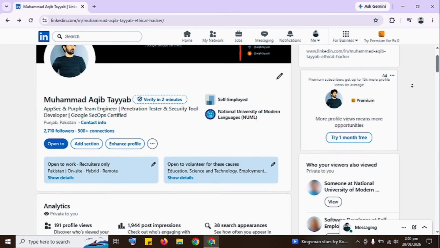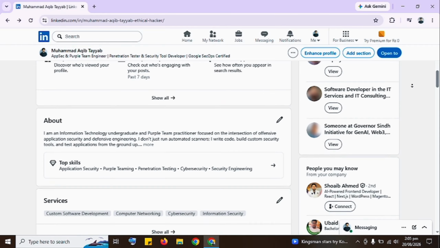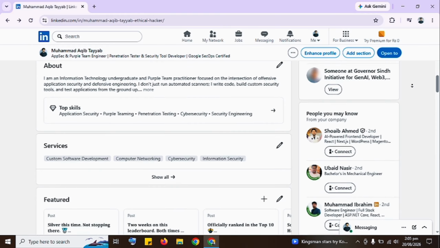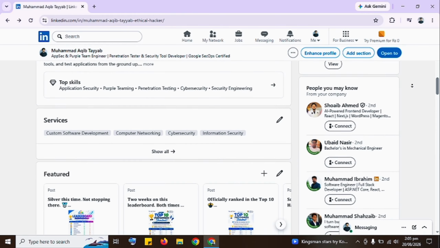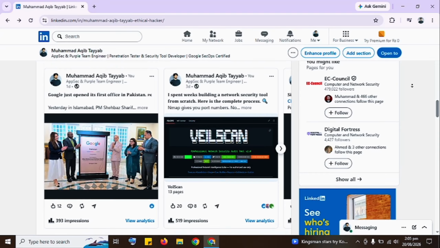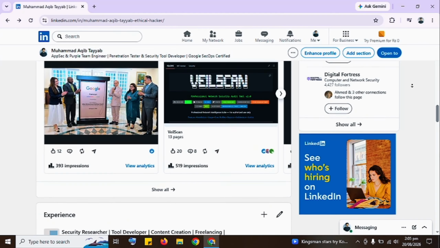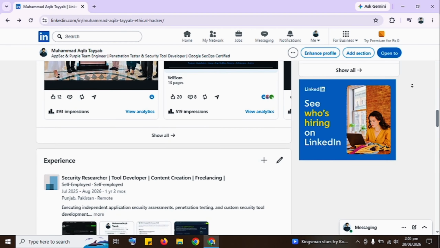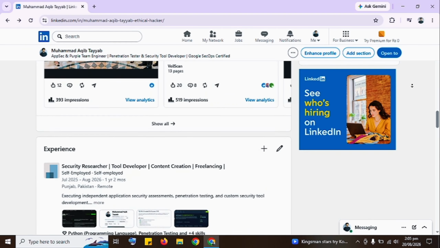I built Railscan because I kept running into the same problem, which was Nmap. Nmap gives you a raw list of port numbers, no explanation, no context. If you are a beginner and you scan a target and see multiple ports open, you have no idea which ones matter. So I built something that answers that question. Railscan scans, identifies, and explains every open port in plain English, with color-coded risk levels, version detection, and a full HTML report. Let me just show you how it actually works.